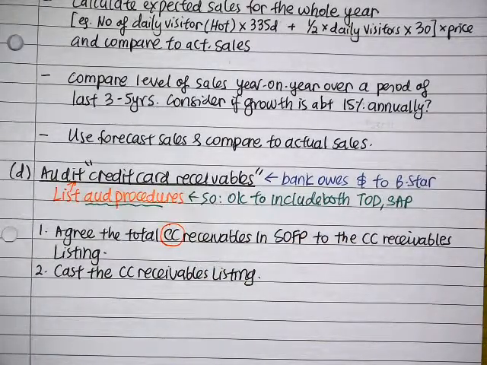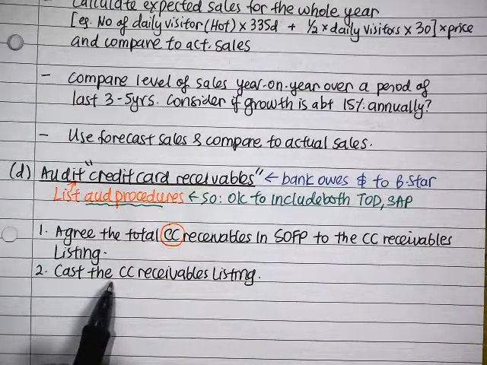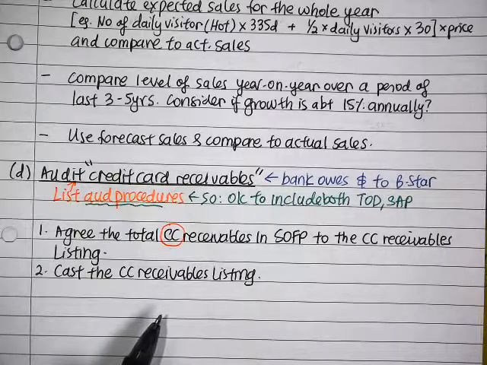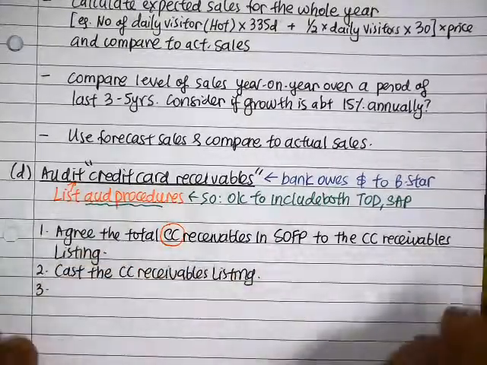Now why do I put it as number 2? Well, the question never asks for how many procedures. You see, there's a trick. They just say audit procedure. So if they say audit procedure, I try to write as many as I can, so that the examiner looks at the answer and sees a very complete answer. If the examiner says I want 4, then you better write only 4 very solid answers. But the examiner never says any number, right? Then you write as many as you can. Then we break it up. So casting is one procedure here. Can you see now? Okay, so those are the standard procedures.